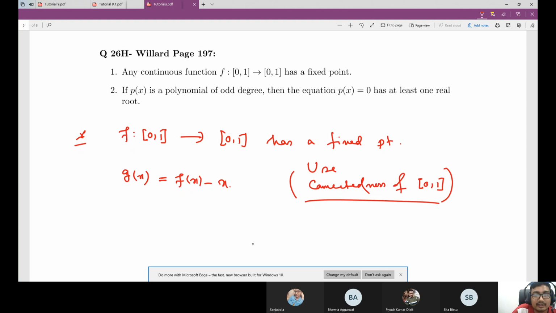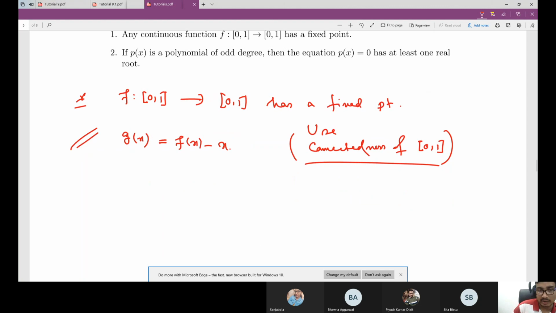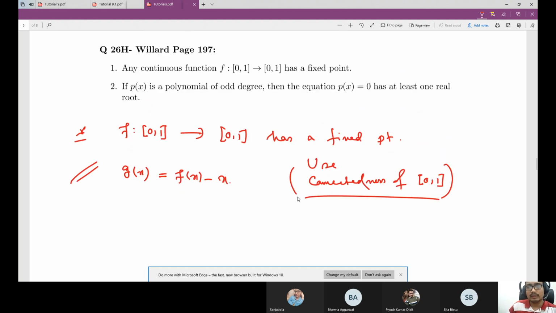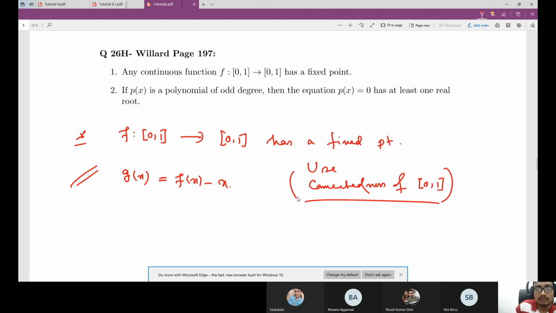IVP में भी connectedness property है, पता है तुम्हें? Yes sir, interval पे apply करते हैं ना. हाँ, interval, right? Using this argument, using IVP also. But try to give some argument so that it contradicts the connectedness of this